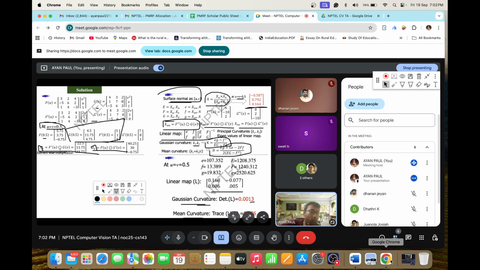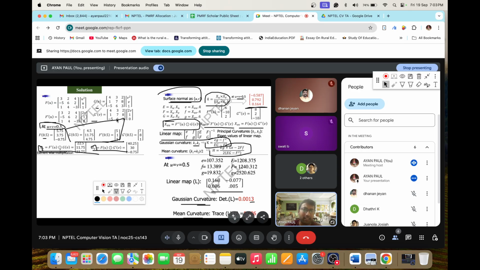So from f u, how to get f dash u? It is clear, right? Just do one differentiation, that is del f by del u. Similarly, from g v to g dash v, we calculate del g by del v. That is why g dash v is coming 2v, 1 and 0. The first matrix is constant, and we do not differentiate a constant, we differentiate the variable. The variable is v, so v square will become 2v, v will become 1, and 1 will become 0. That is how we get g dash v and f dash u.